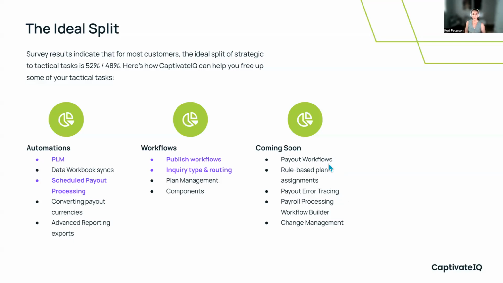We'll have payout workflows on the docket so that you can set trigger conditions where if you process a payout, let's say over $5,000 for a specific rep, you can have that go to a specific team to investigate further to see if that looks right, or maybe the rep is getting credit for some things that are for next month or something that we can go about fixing. But again, it should help you quickly catch some of those inaccuracies.